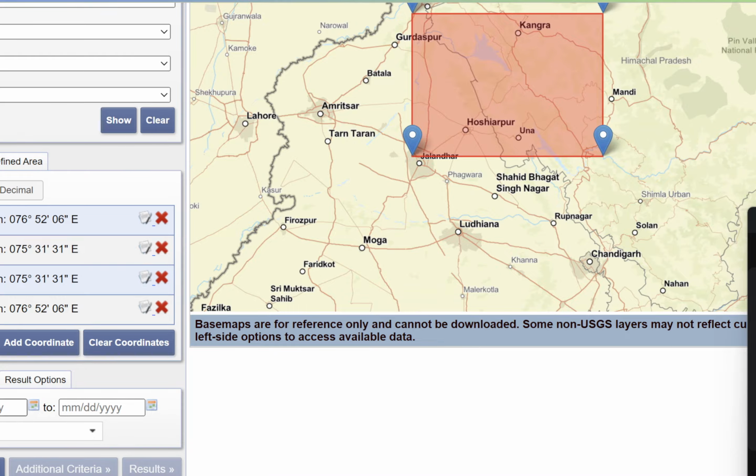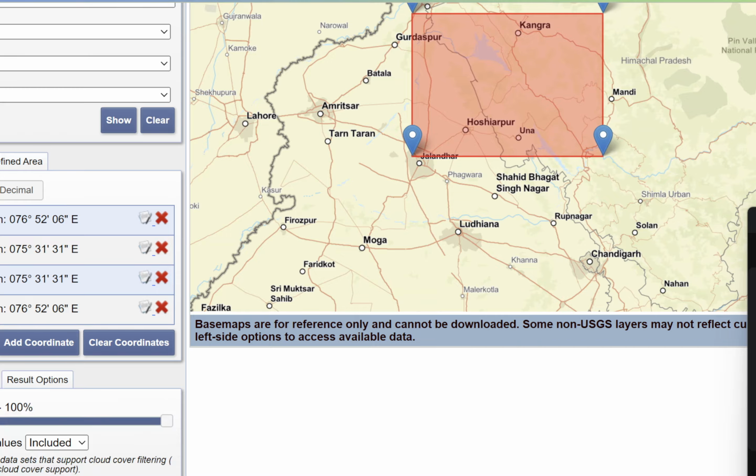Now you can also define a date range, like search from this date to this date. You can also define a cloud cover, so how much cloud cover you are aiming for. The cloud cover range should be very low, because if there is a lot of cloud cover, it will cover your ground area. Okay, so your image is not going to be as useful as it should be. So the cloud cover percentage should be as low as possible. Suppose I am taking 23% or 20%,